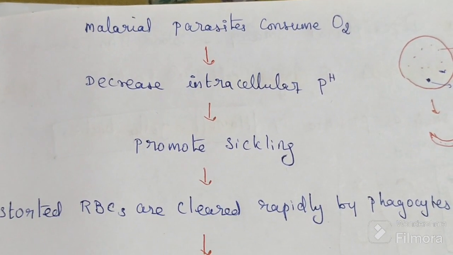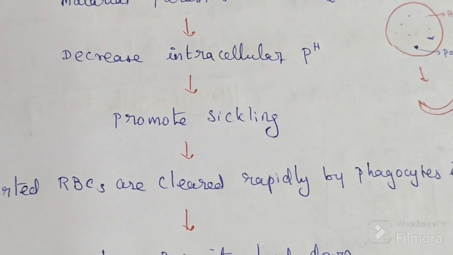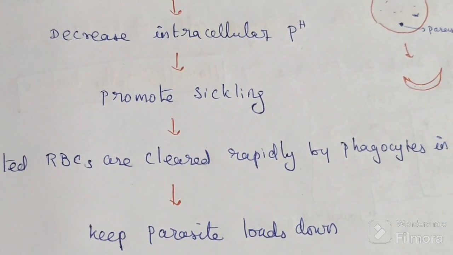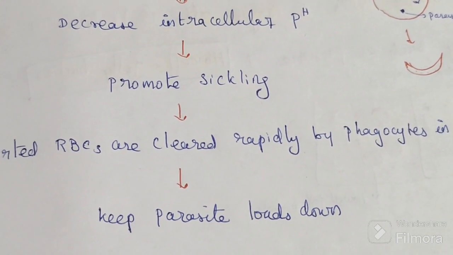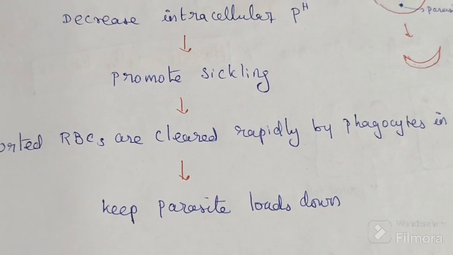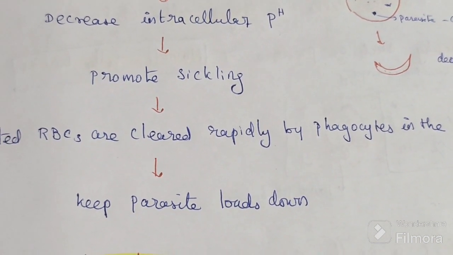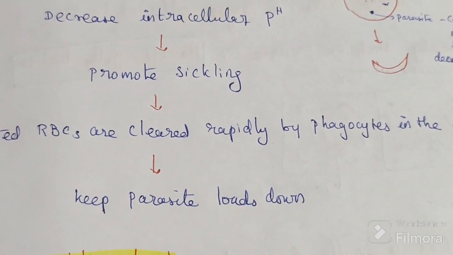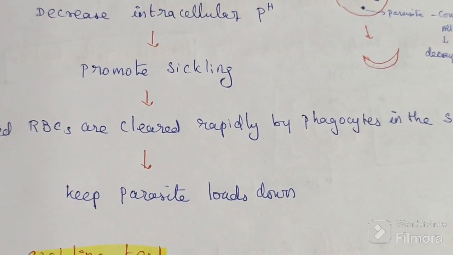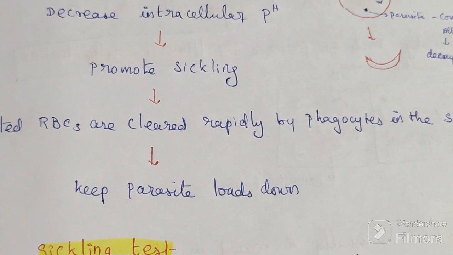malaria. We know malaria also has four types: Plasmodium vivax, malariae, ovale, and falciparum. Out of four, it is protected against falciparum. So what is the point here? All the patients with HbS, hemoglobin S, are relatively protected against falciparum malaria, because that malaria parasite consumes